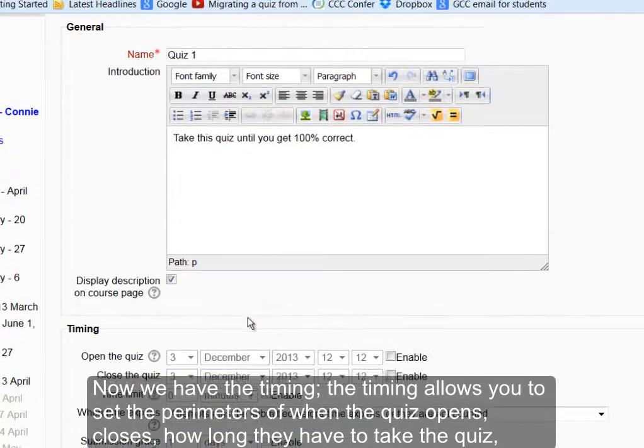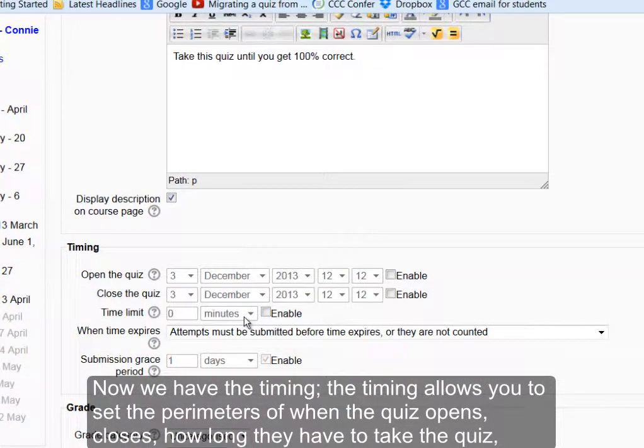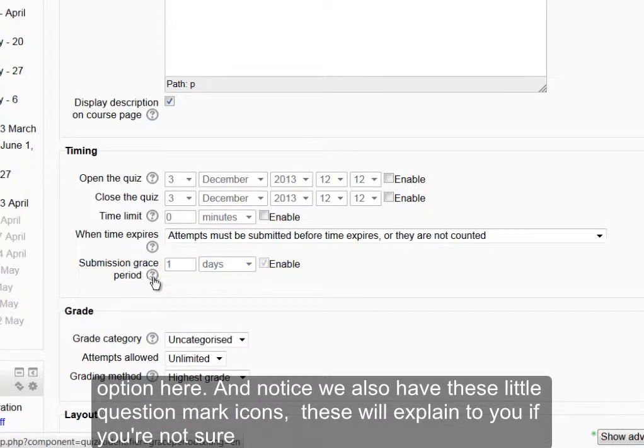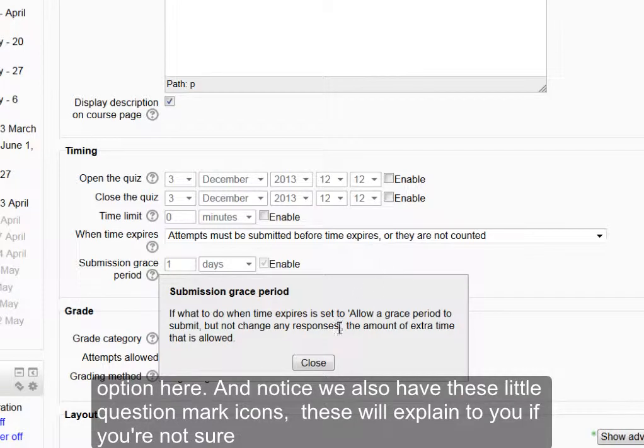Now we have the timing. The timing allows you to set the parameters of when the quiz opens, closes, how long they have to take the quiz, and what happens when the time expires. Plus, there's a submission grace period option here. And notice we also have these little question marks, and these will explain to you, if you're not sure, what